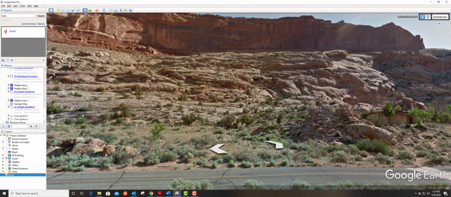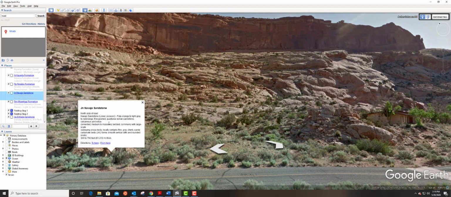And so when you are working through the strat column that you're going to make, what I want you to do is definitely list the abbreviation for the unit, list the name, and then give it your own description. Now you'll notice for each of these formations, so let's go to Navajo Sandstone. You'll notice for each of